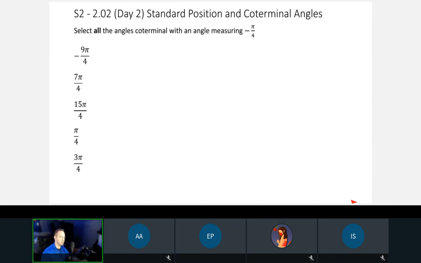Antonio, do you think or do you know? Because I think they could all be right too. But you only know unless you actually try it. Well, I kind of have, but in my head, I haven't actually done it in the calculator. You did negative pi over 4 and you added and subtracted 2 pi to it in your head. Yeah. Your brain is bigger than mine. I can't do that.